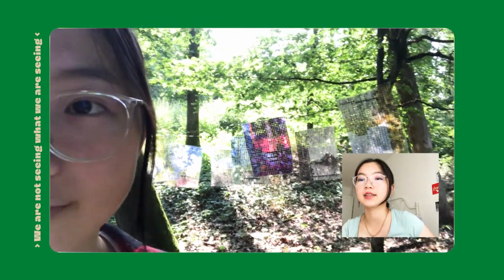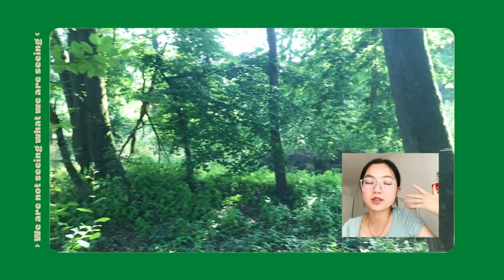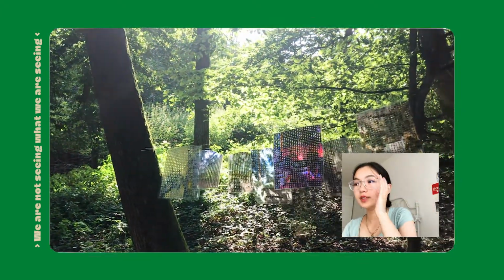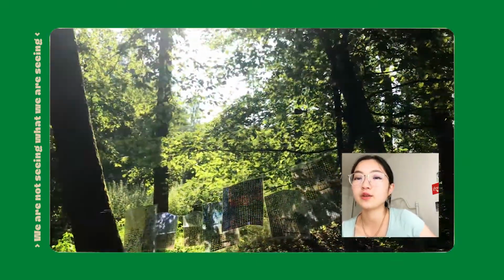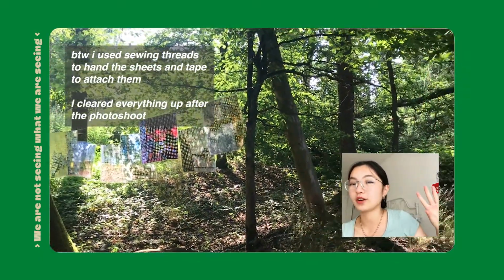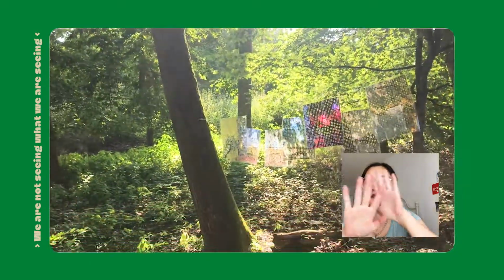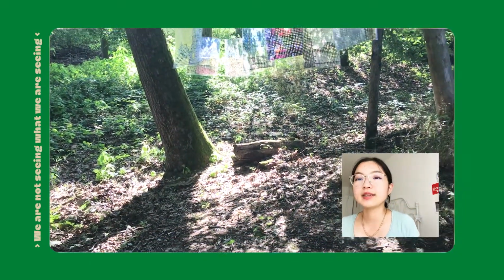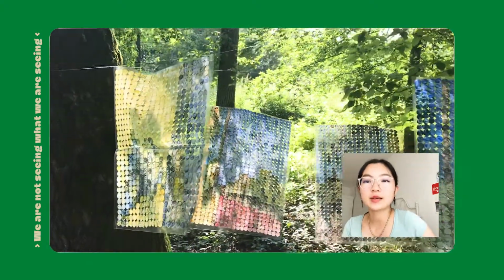So the main inspiration was the physics class that I had this year, and it was about how our eyes work, how human eyes work. It also got me thinking, because human eyes only have three main colors. I forgot what the technical words are, but we can only see red, blue, and green, and the mix of those colors. And for other animals, their eyes are built differently, which means they see the world completely differently,